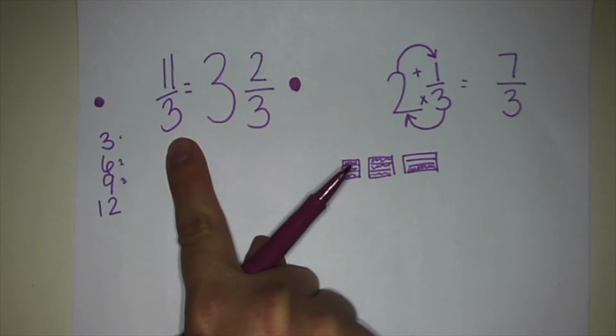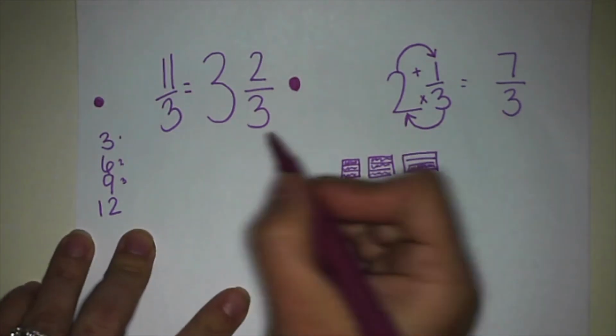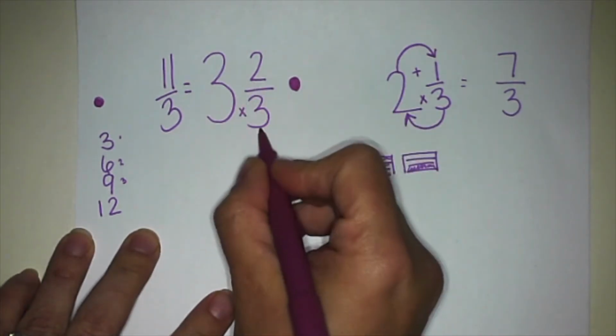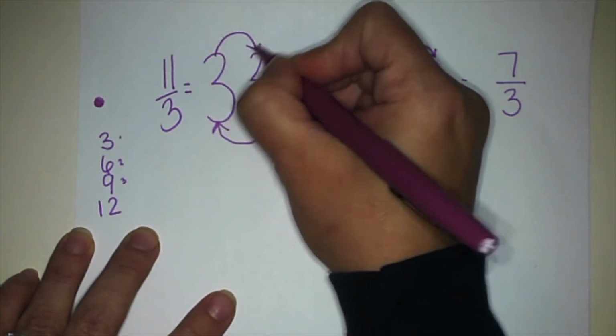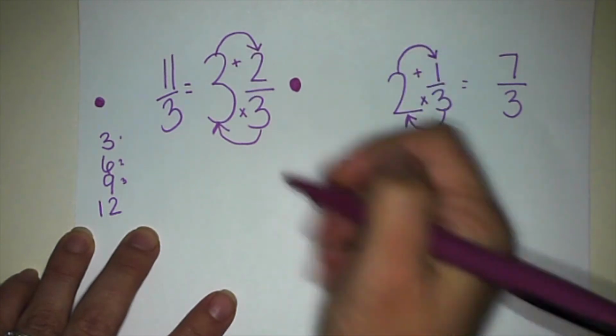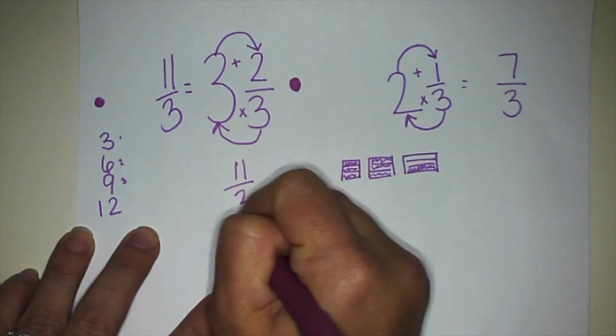Let's move back to this one. Let's try to take it back to 11/3 using that little trick. So 3 times 3 is 9, plus 2 more, 9, 10, 11. 11, the denominator stays the same,